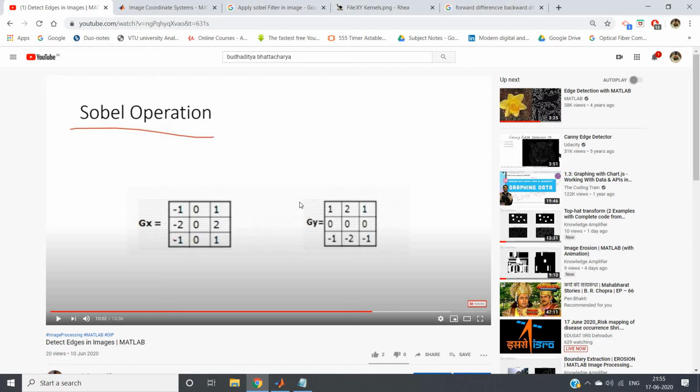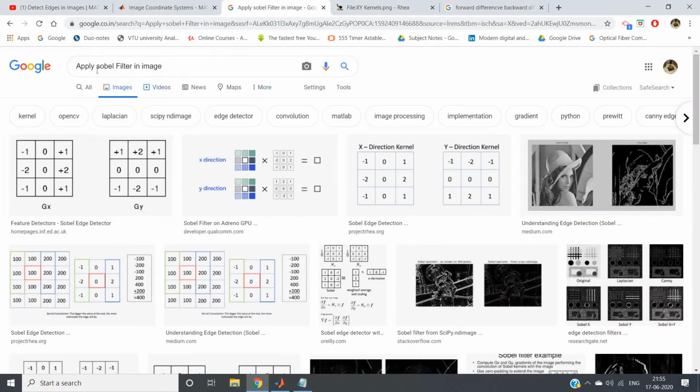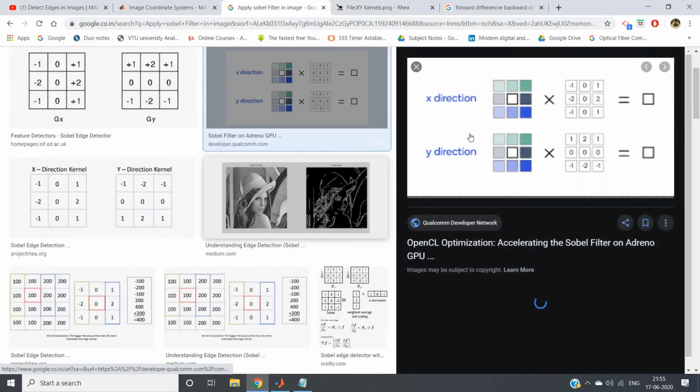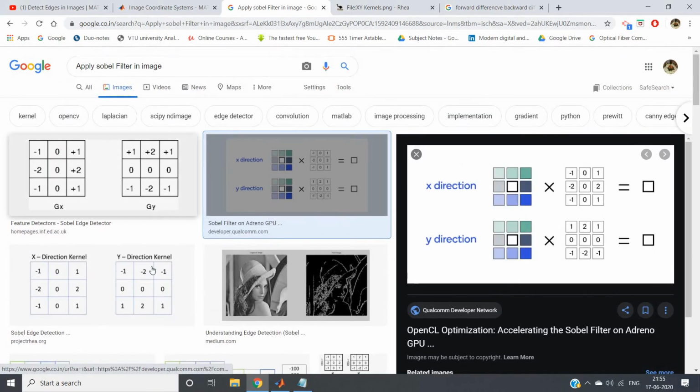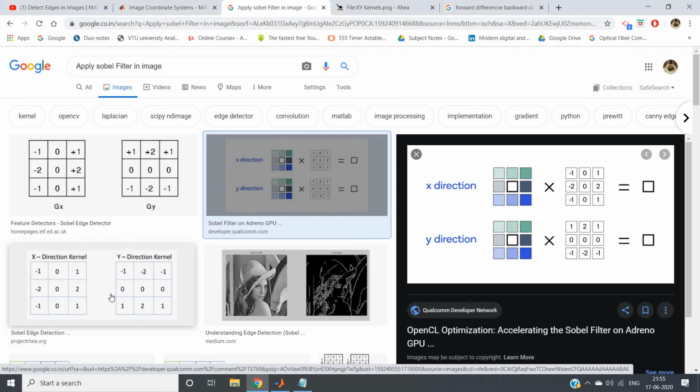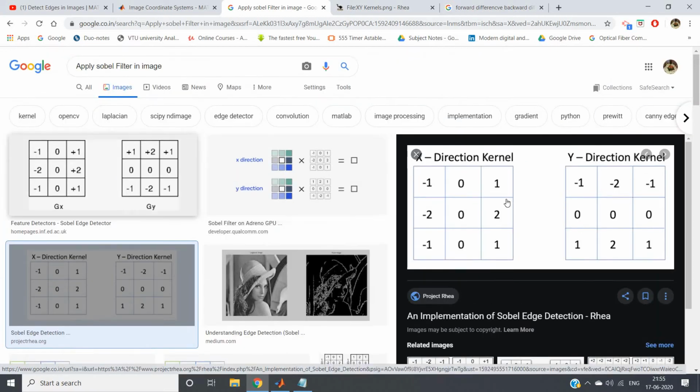But if you check online, you will sometimes get a different y matrix. If you search for applying a Sobel filter to an image, sometimes you get a y matrix like this: 1 2 1 in the upper row, 0 0 0, and -1 -2 -1 in the bottom row.